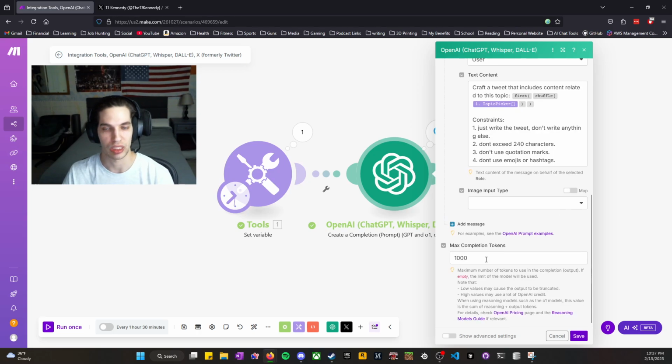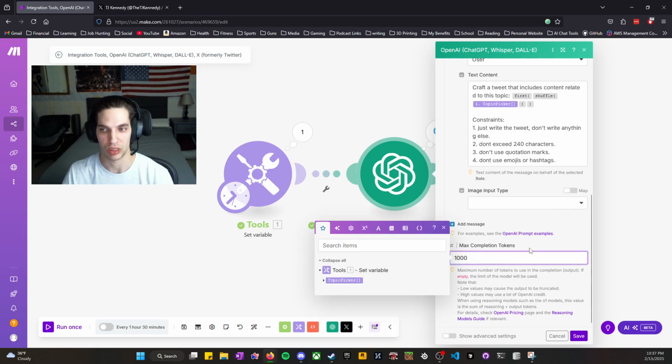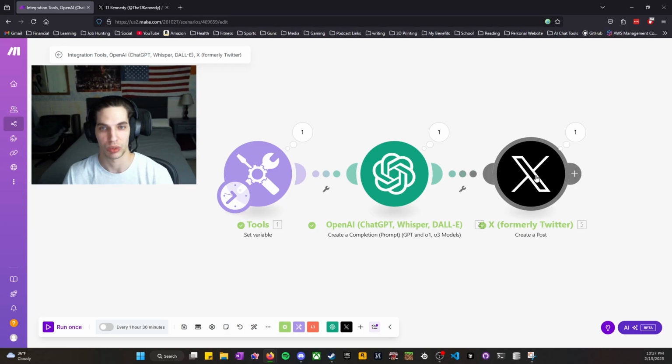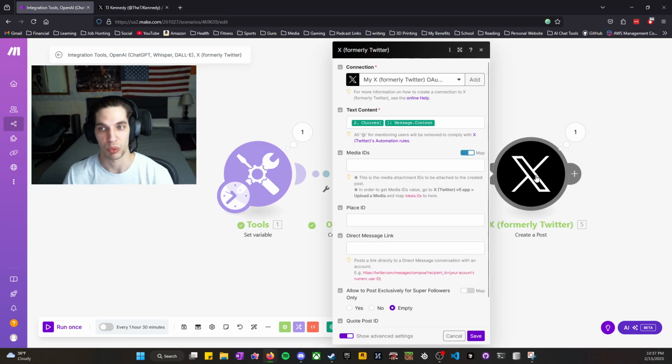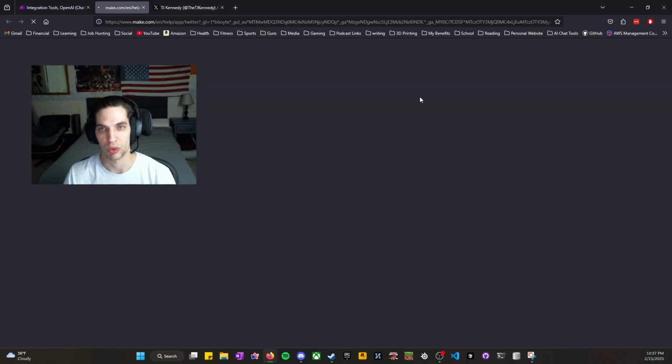And then finally, you just need to make sure that your maximum completion tokens is about 1,000. This defaults to 2048 instead, and that actually was giving me some problems, and Twitter, the final node here, was giving me an error. And when we go into the final node, you can see you're going to have a similar API authorization or authentication that you need to do. So go through these